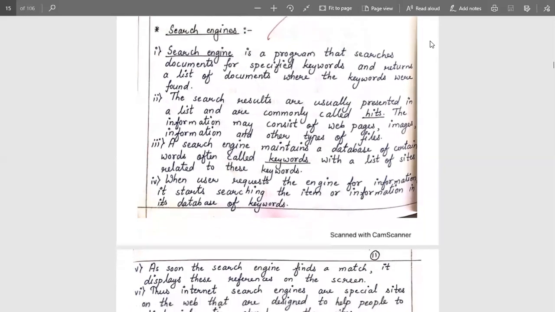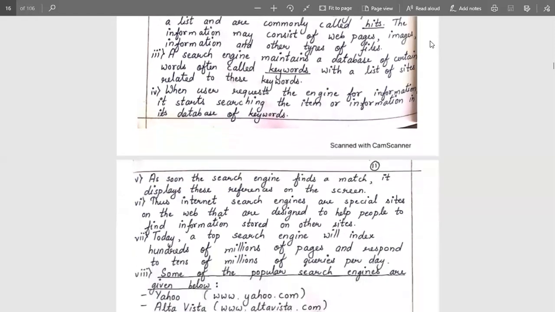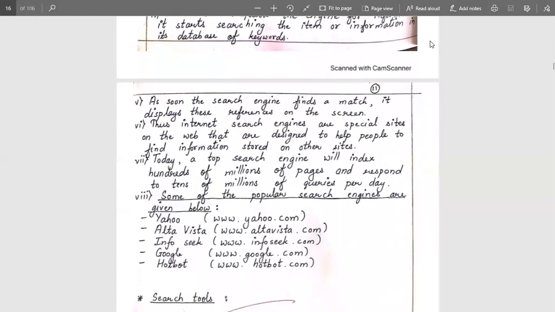When a user requests information, the engine starts searching for the item in its database of keywords. As soon as the search engine finds a match, it displays these references on the screen. That is the hit case.